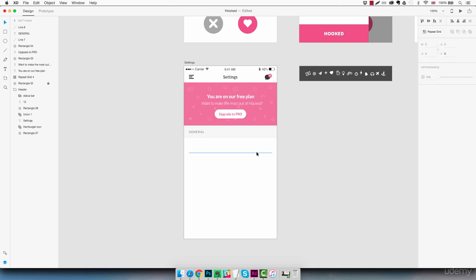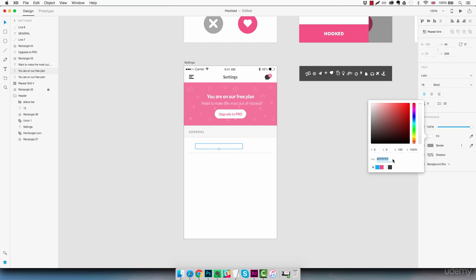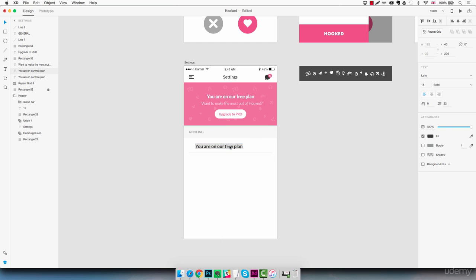And actually we need to change the color using the same color of this line we have up here. And let's create our text as well. Going to make it regular and put it down to 15 pixels and align it to the line here. We're going to duplicate this, align it to the right,